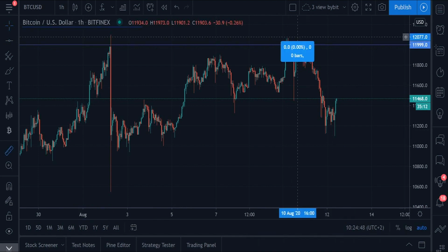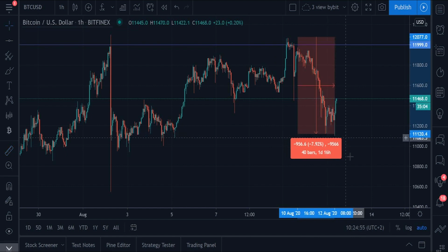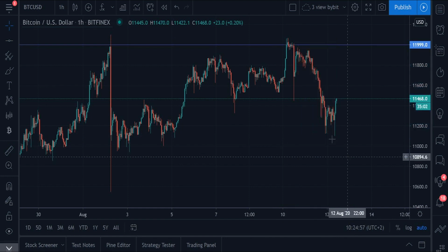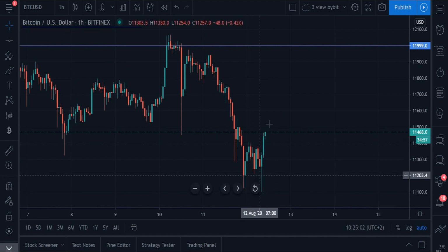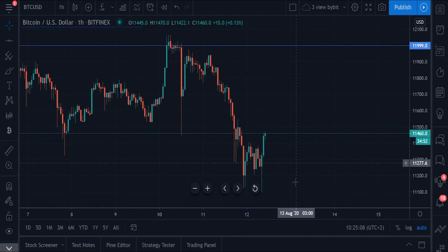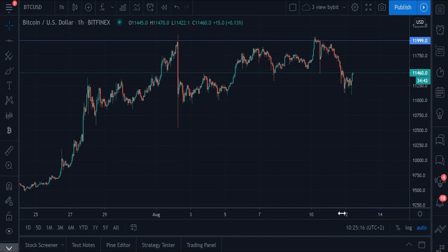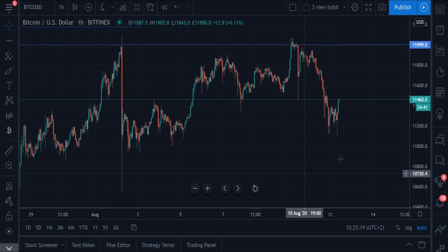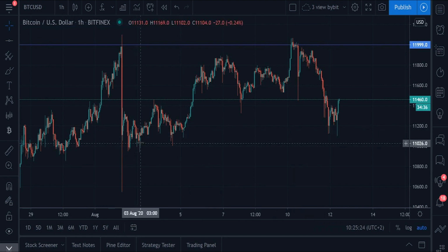a decrease of around 7.85%, coming to $11,120 at its lowest point made today. But since then we have seen a recovery in a three-way manner, and the price is now hovering around $11,460. The price is now in upside trajectory as a higher low has been made compared to this one made